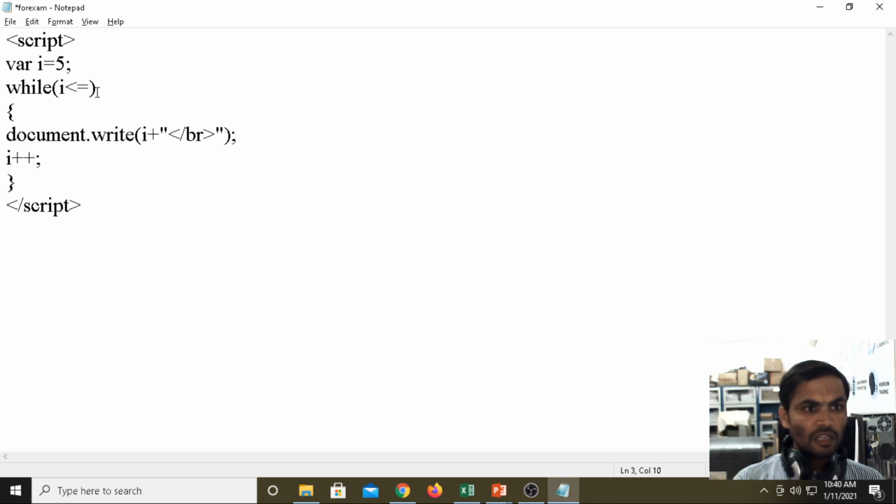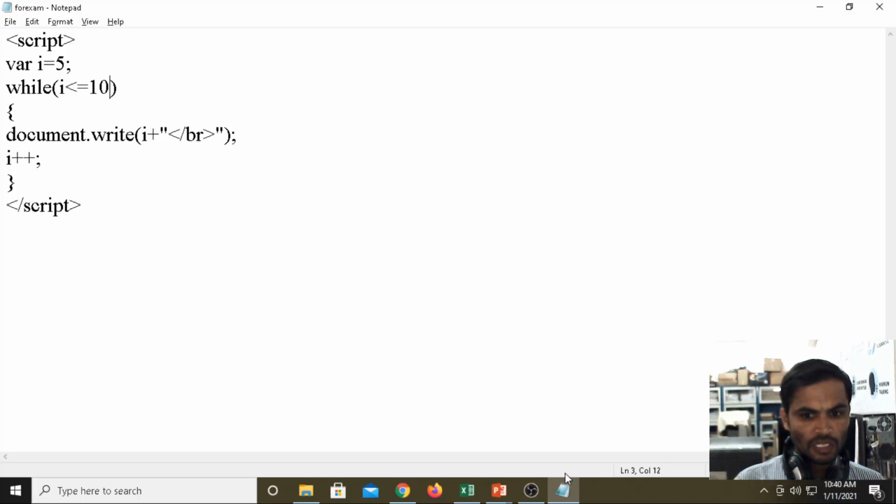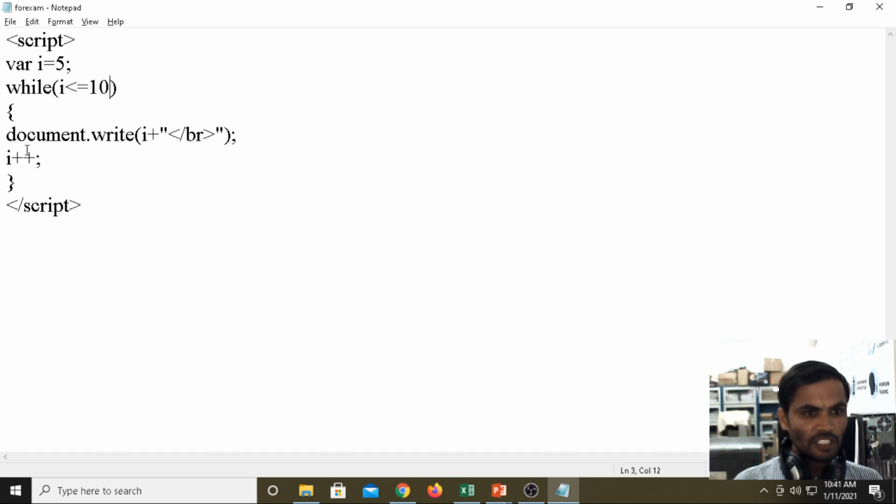Then here, 5 less than or equals to 10, I am giving the condition. Then if you want to execute that condition, now I am running the program. See here, from 5 to 10 it is executing the condition.